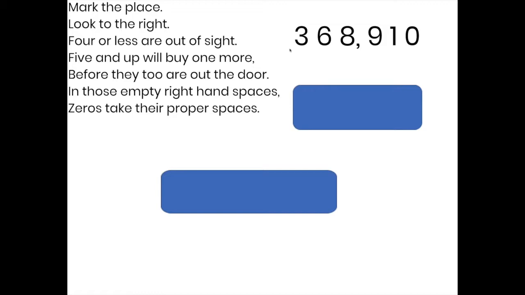And the first example, we have 368,910. I want you to simply follow along with your eyes, making sure that you are ready and that you remember our rounding rap. For this problem, we are going to be rounding to the nearest hundred thousands place. All right, so this is what we should do if we are rounding this number to the nearest hundred thousands